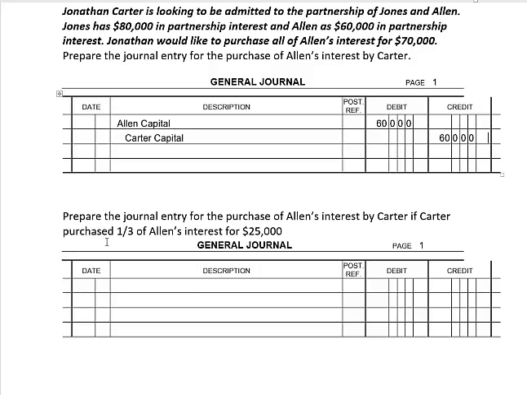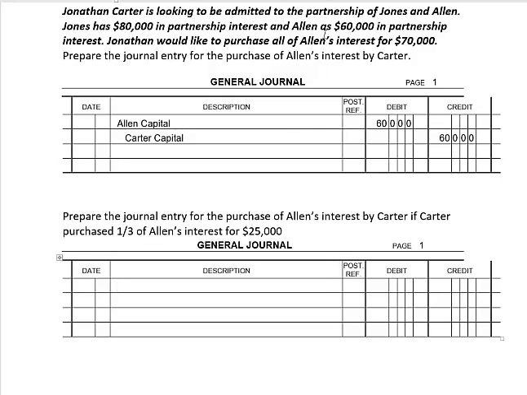So we increase capital with the credit and decrease it with the debit. In the next example, we prepare the journal entry for the purchase of Allen's interest by Carter if Carter purchased a third of Allen's interest for $25,000. Okay, now this time Allen is not selling all of his interest, just a third of it. So if we take $60,000 and divide it by 3, that means that Carter is buying